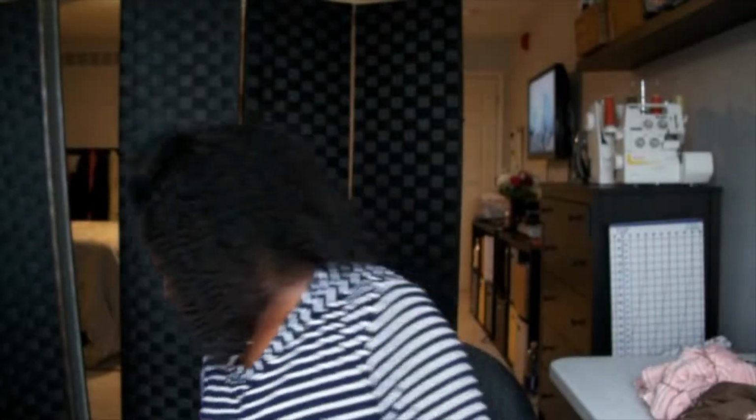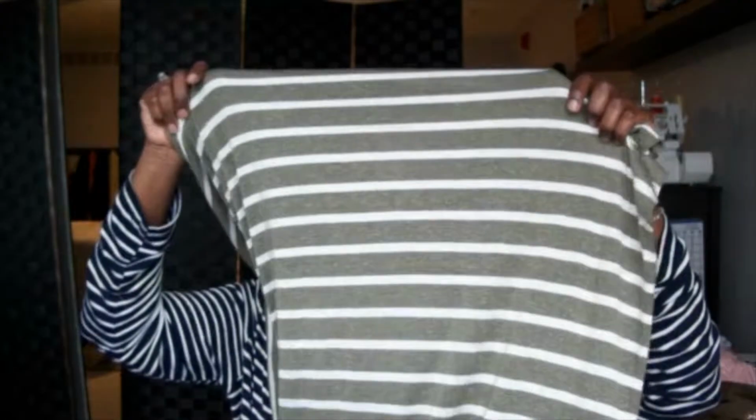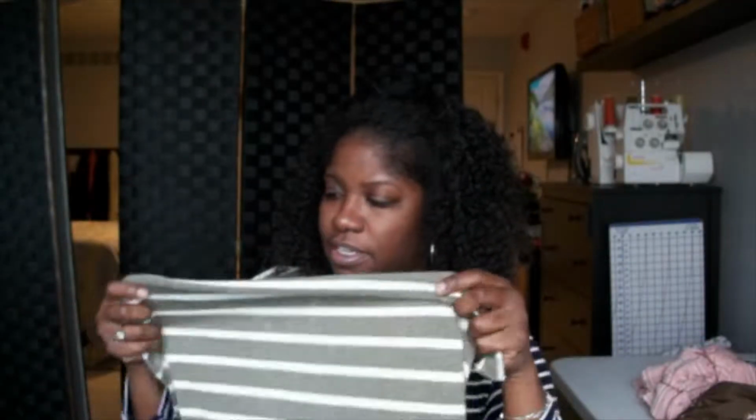So this is another knit. Oh yeah, by the way, this is a cotton, I think. It kind of feels like a linen. So yeah, I think it's a linen. This is another knit. As you can see, I really love stripes, as I said before. So this is an olive green and white stripe that I'll probably make one of these in, and maybe sleeves